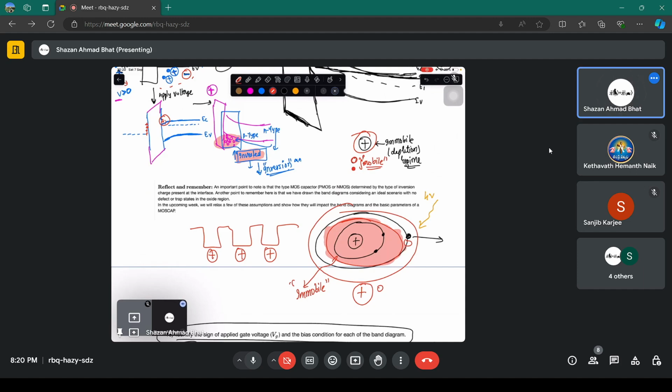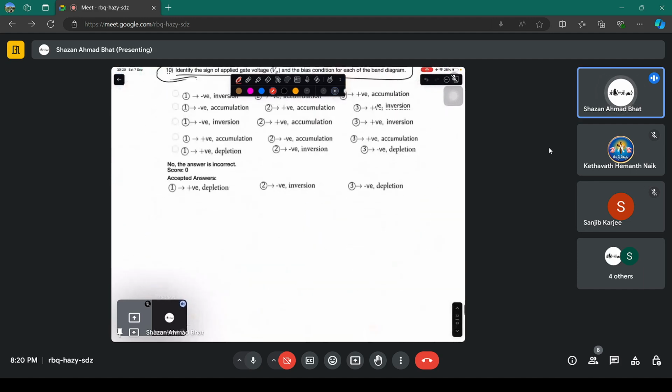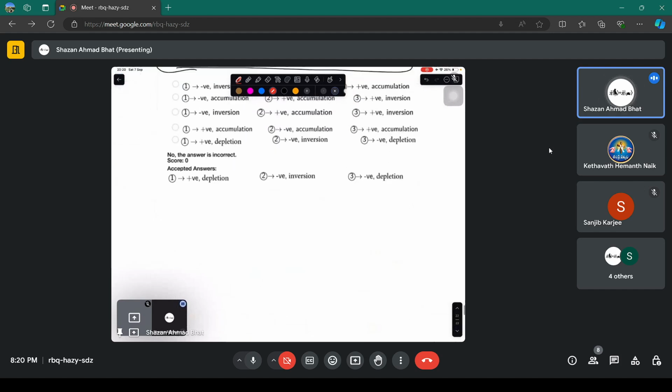ठीक है, तो जब कभी let's say a depletion region gets formed, let's say ये जो सेकंड वाला था वो इन्वर्ट हो गया, तो वो दिखा दिया मैंने कि इन्वर्जन हो गया। मतलब जो पहले वहां एन टाइप मटेरियल था, अब वो ऑक्साइड और सेमीकंडक्टर के पास पी टाइप बन गया, क्योंकि वहां होल्स आ गए, तो वो इन्वर्ट ही हो गया, तो उसको इन्वर्जन कहते हैं।